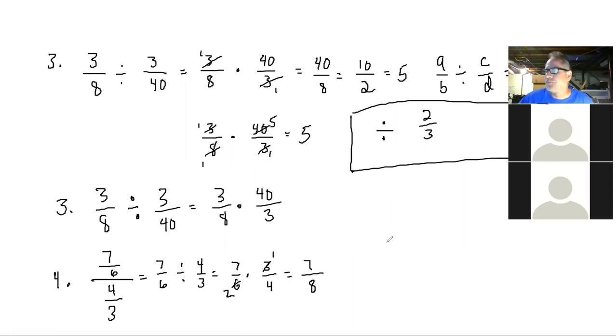Okay. So I'm going to turn the page. Now looking at number 5. So number 5